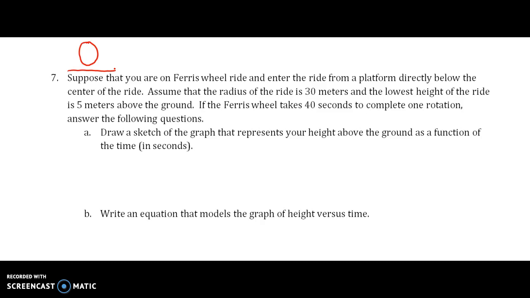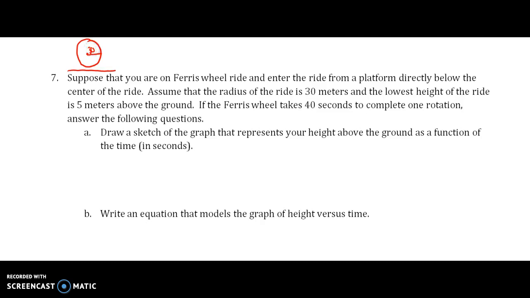So we have to think there's a distance from that platform, from that ground that you're standing on, to the actual Ferris wheel, that round part. Okay? So we want to say the radius. Radius, remember, is from the center to the outside of the circle. And that can be anywhere. It could be horizontally, or it could be vertical, down or up. Okay, so that radius is indeed